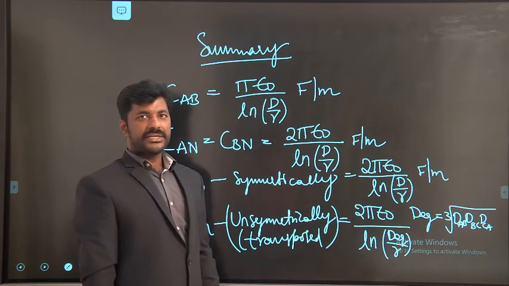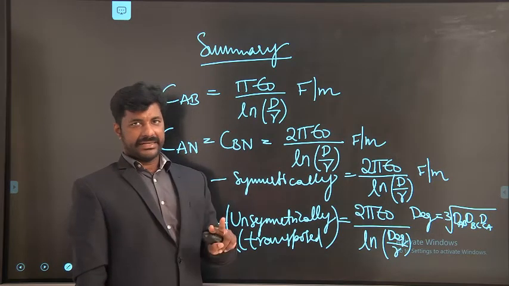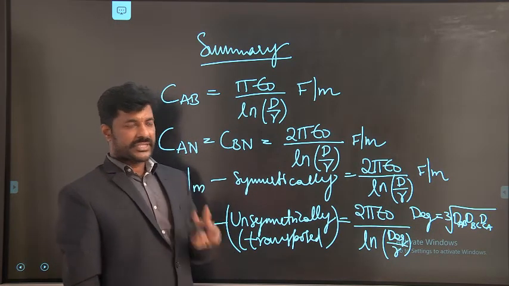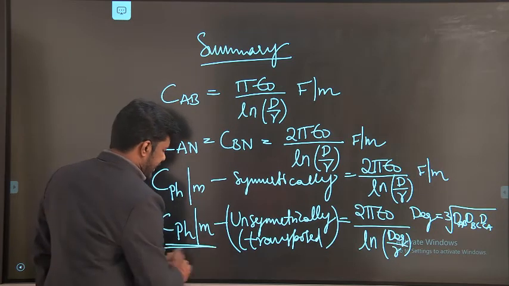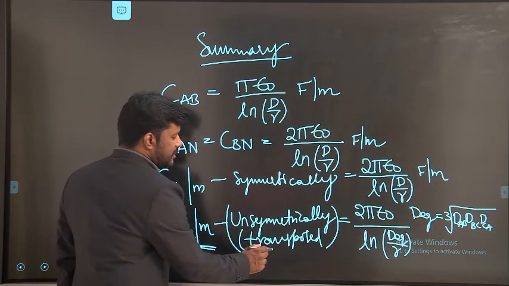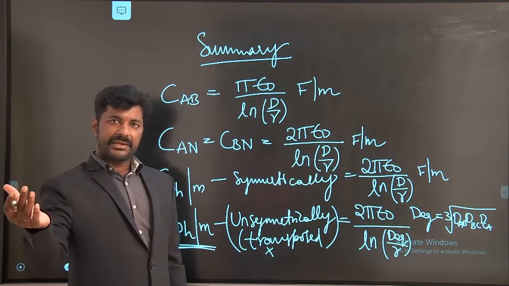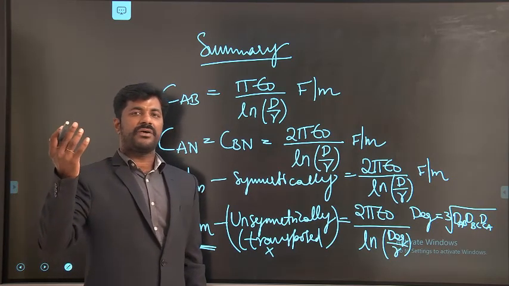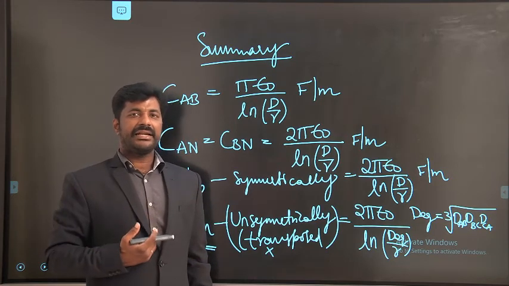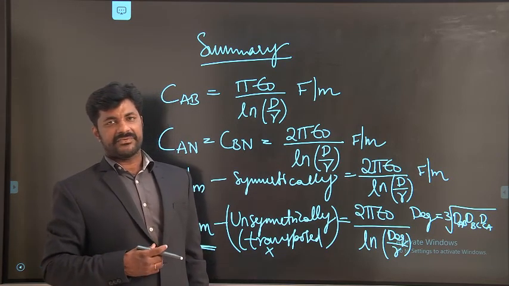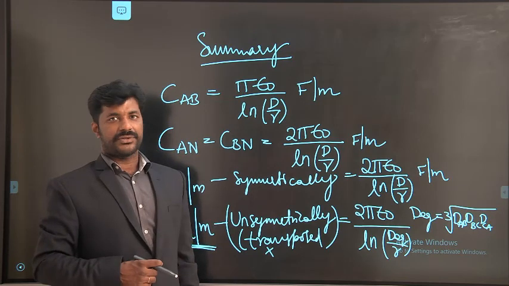Okay, and we have seen two problems regarding inductances. In the next class we are going to see the capacitance calculation in the same model for an untransposed system, where you will get the real parts and imaginary parts, which makes unequal amounts of the charging currents. And later we will go for the capacitance calculation for a 3-phase double line circuit.